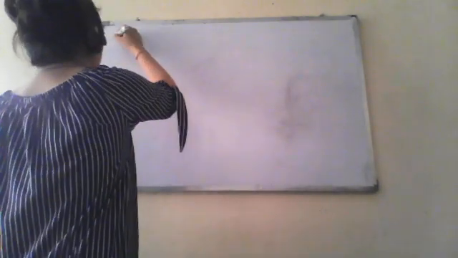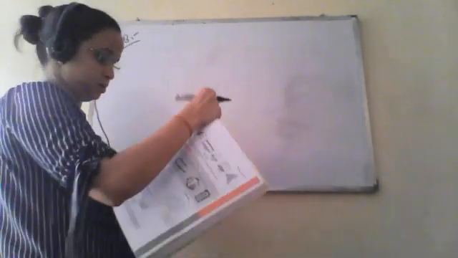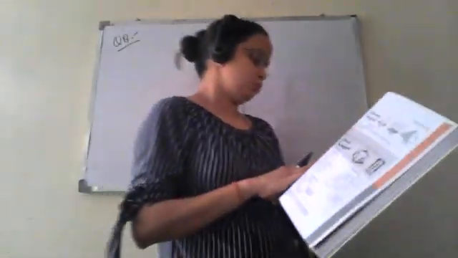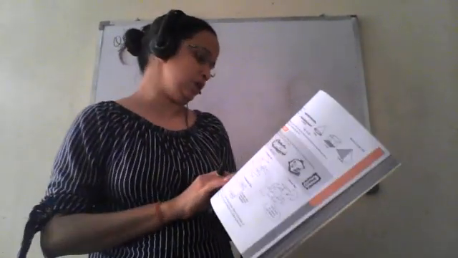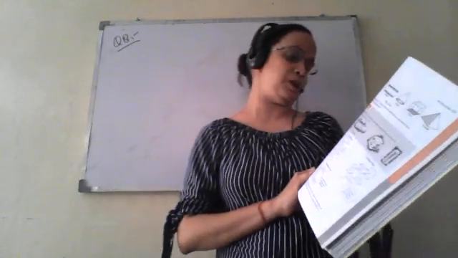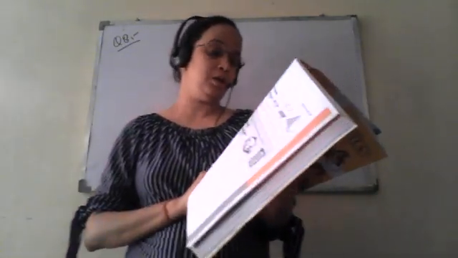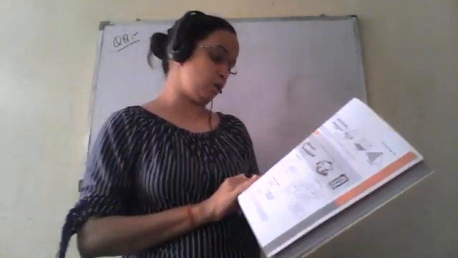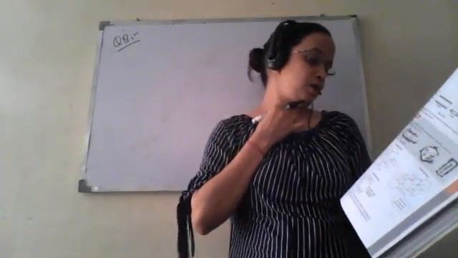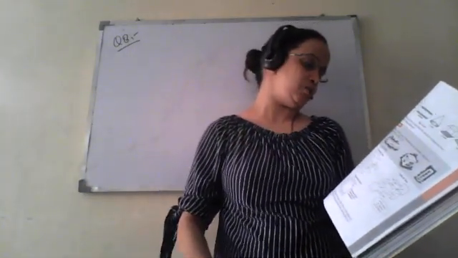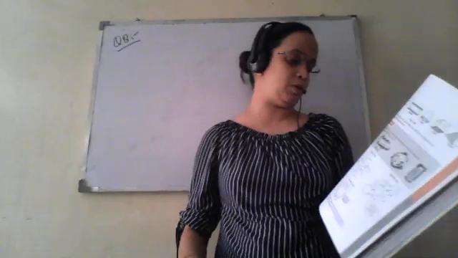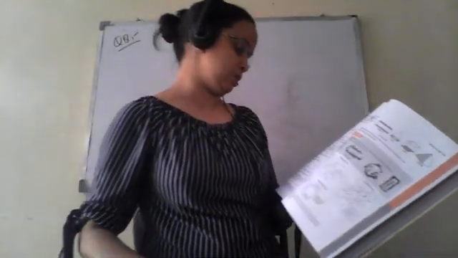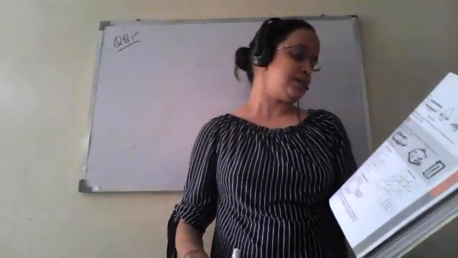So the next question is question number 8. Mohan wants to buy a trapezium shaped field. Its side along the river is parallel to and twice the side along the road. Okay. So if the area of this field is 10500 meters square, the perpendicular distance between the two parallel sides is 100 meter. Find the length of the side along the river.